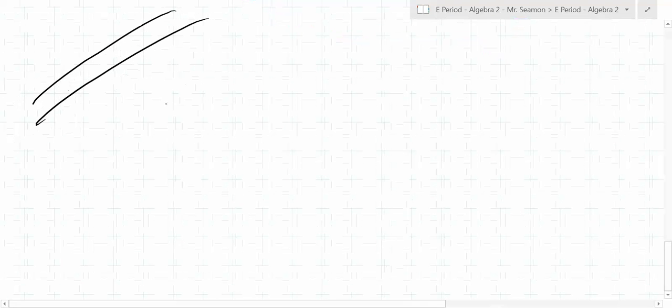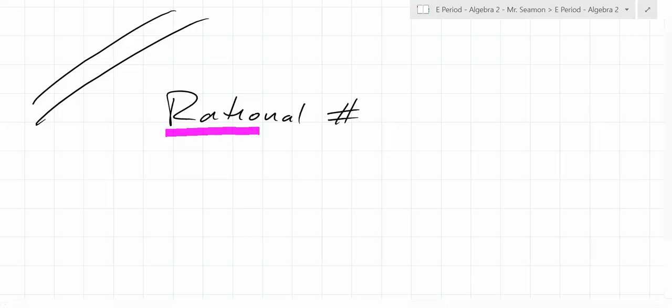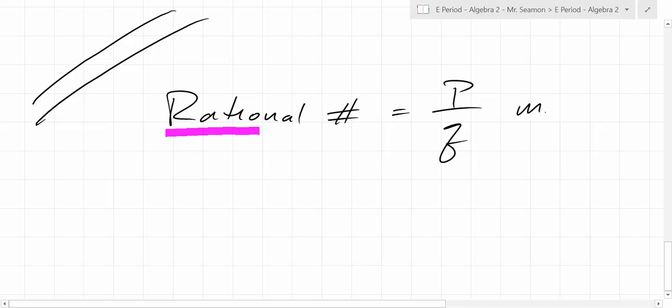Okay. We've talked about this. What is a rational number? Any number that can be written as a ratio. You should remember this because of the first 5 letters: rational number is a ratio. So any rational number can be written as P over Q, in its most reduced form. So for example,